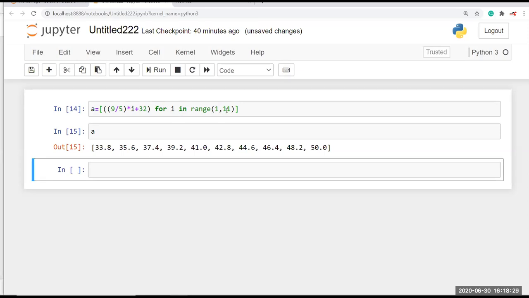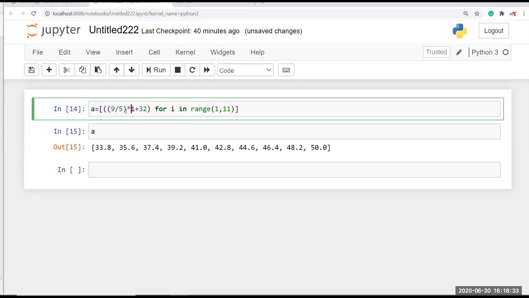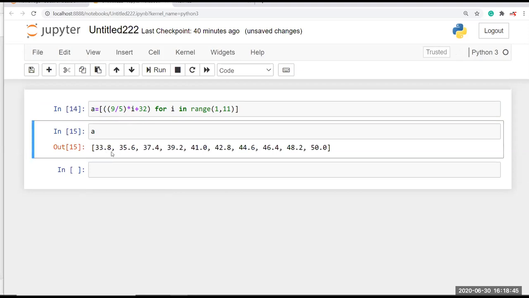Okay, so from 1 to 10, in the first case the I value is 1 and it multiplies this value by 9 by 5, right? So after that it adds 32, we get 33.8. So it processes each element which I have mentioned here.